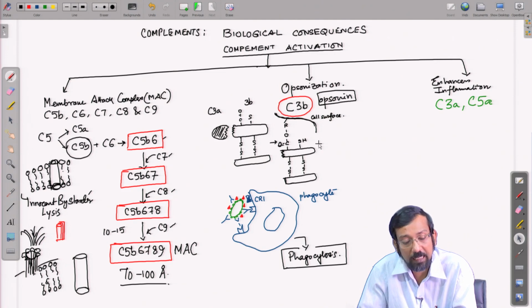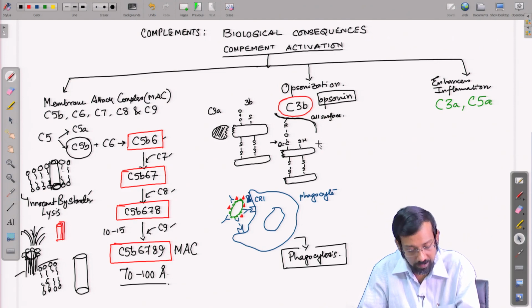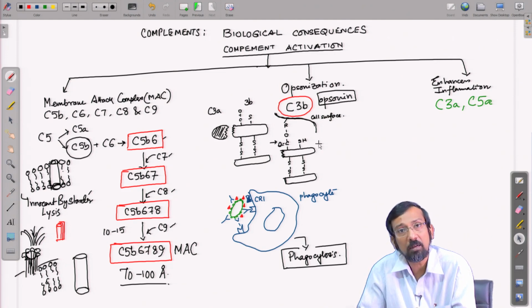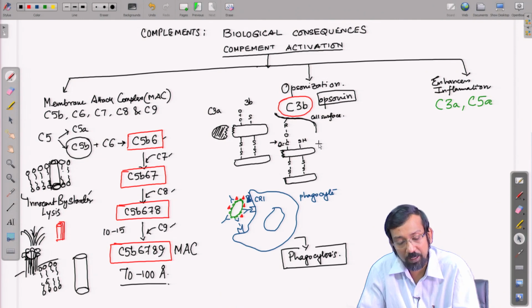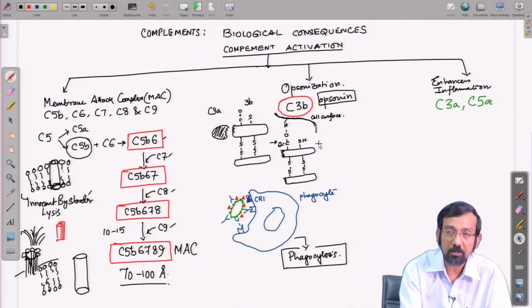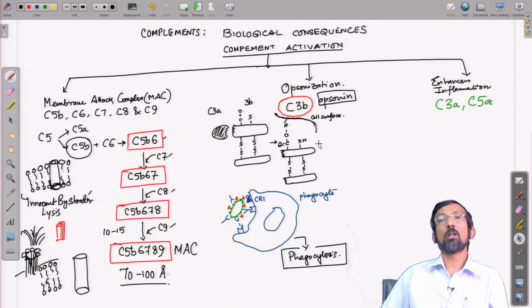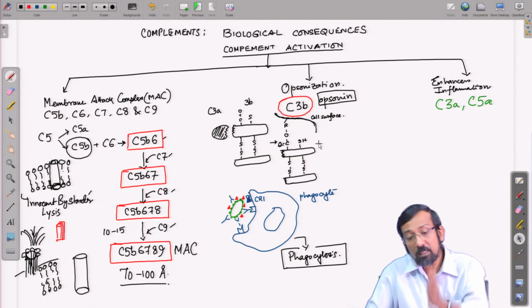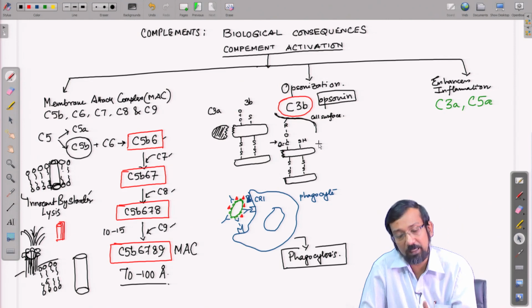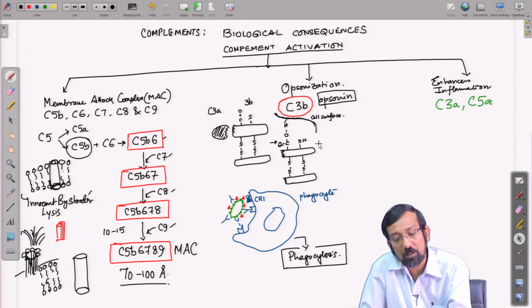The C3a is usually the soluble part, and the C3b is the insoluble part, because it remains bound to the membrane. So, now this C3b, other than leading to formation of C5b and membrane attack complex and all these things, can directly coat a pathogen surface. It can go and bind to the surface of the pathogen by this kind of a linkage